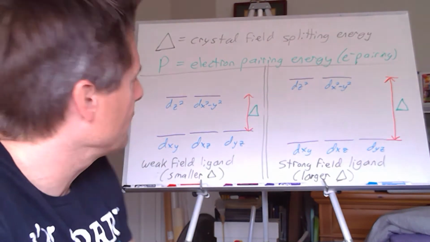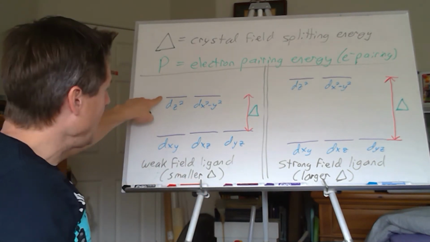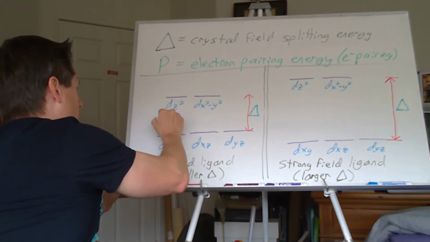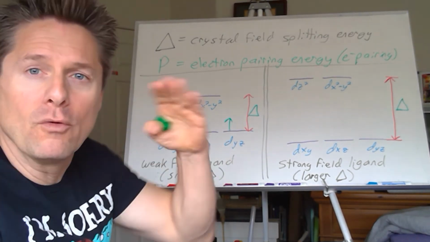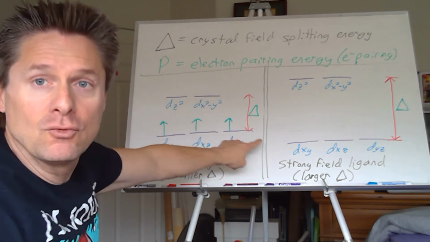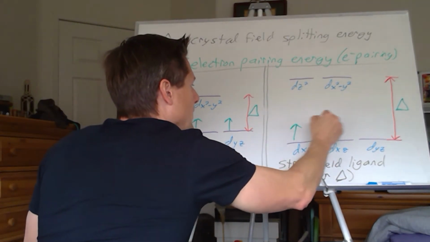Let's say we have 5 d electrons. If we have the weak field ligand, now this is higher energy, so the first 3 electrons will always go in the lower energy, right? Because they don't pair up. That's Hund's rule, right? Same thing's true over for the strong field ligand. The first 3 electrons